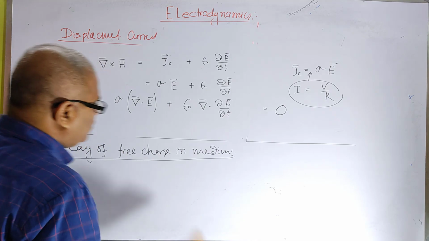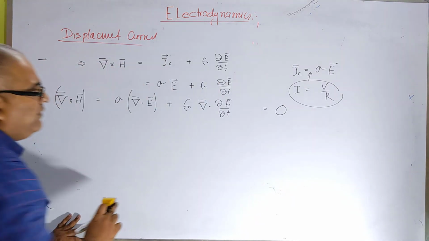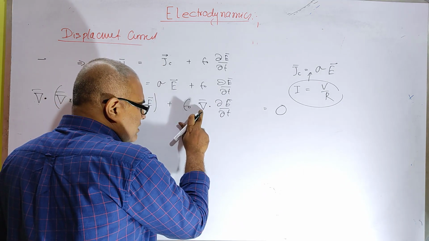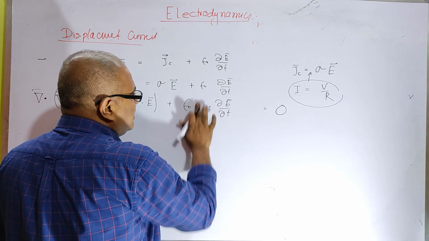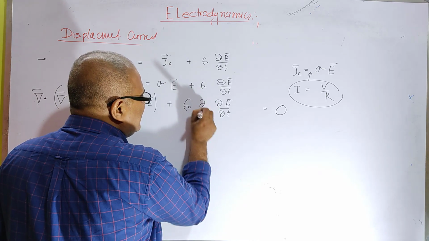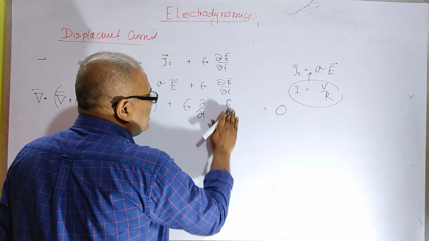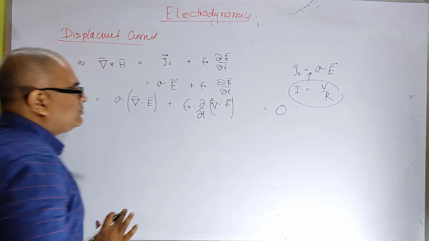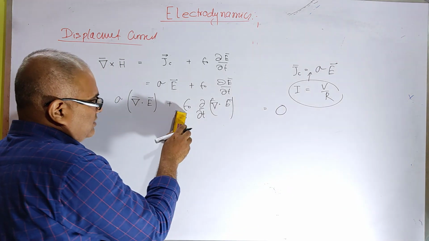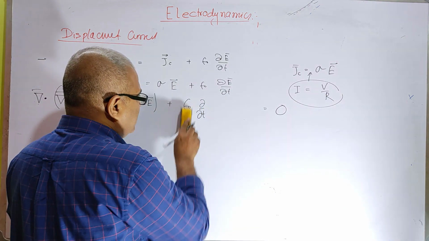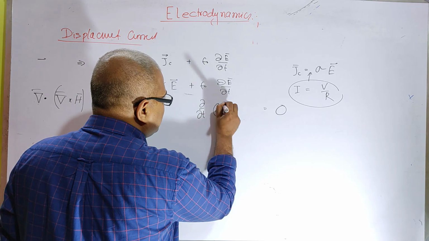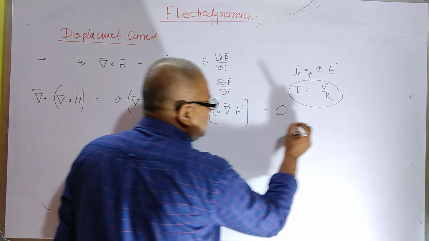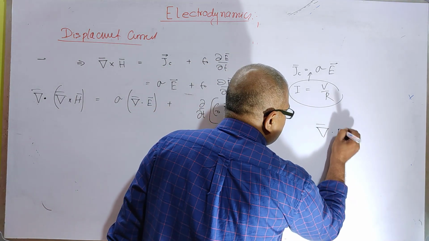Divergence of any curl must be equal to 0. I'd be very happy if you just interchange this space derivative with the time one, as del by del T of divergence of E. Take this constant inside here, so epsilon naught divergence of E, and I get very happy whenever I find some expression like this, because we know that